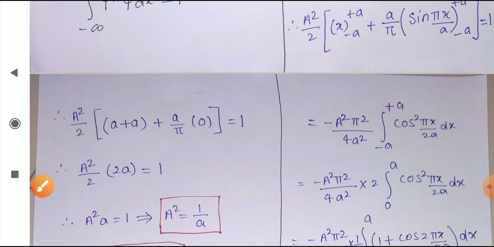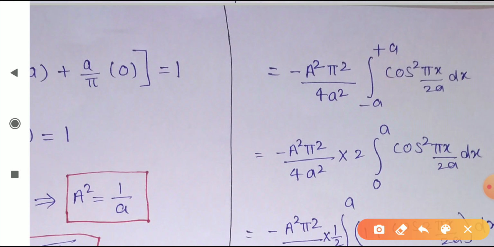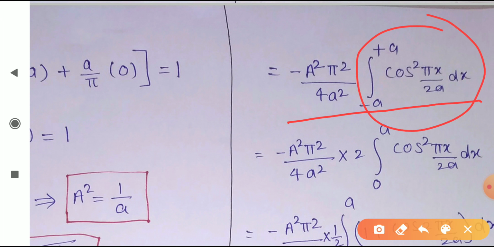See here, after taking the constant term outside and doing the multiplication, we'll get this term. As in the normalization condition, we have already done the derivative of this. Okay, so now I have told you first what you have to do. You have to use the cos square x formula, that is 1 plus cos 2x, the total upon 2. Or you can write half of 1 plus cos 2x.